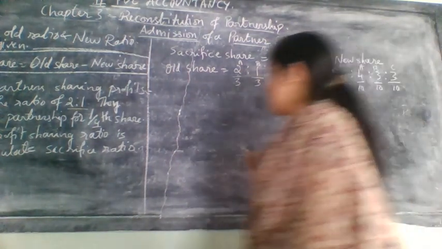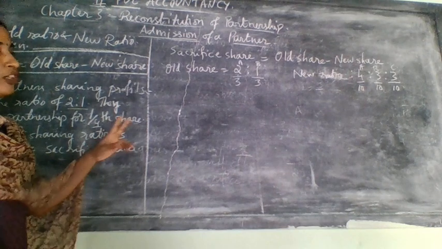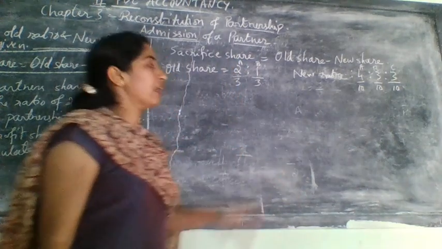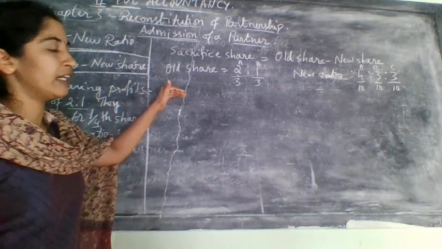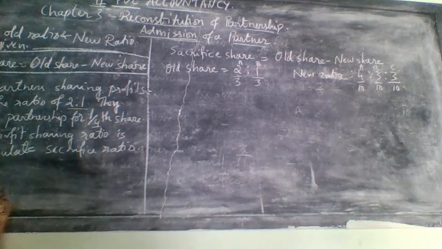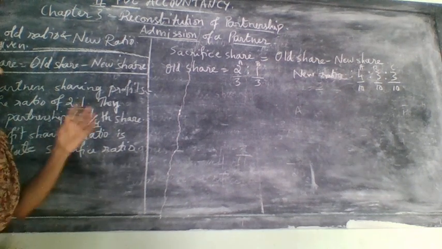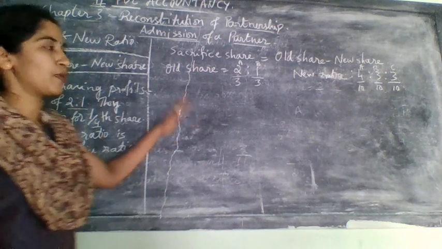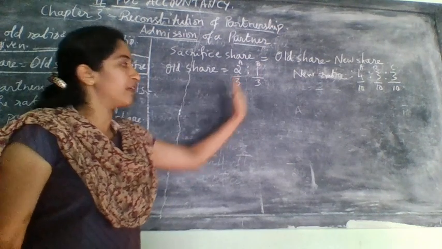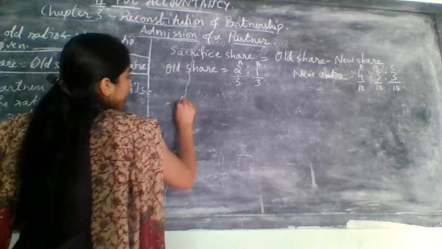Now to solve this problem, you have two methods of writing. Either you can start with this side A, this side B and go on calculating like that, or you can write first A, next B, and then write the ratio at last. Whichever you feel comfortable with, you can write. For this problem, I will start writing one by one. Later in the next problem, I will write one partner name here and one partner name there.